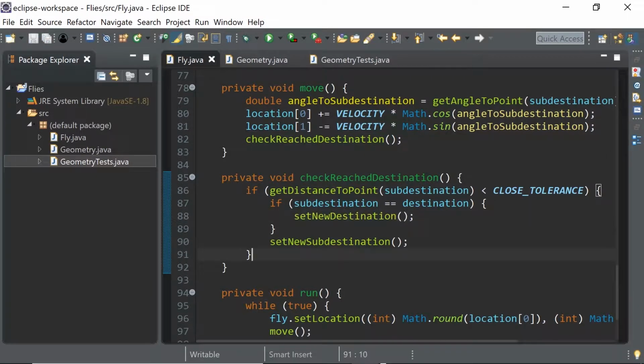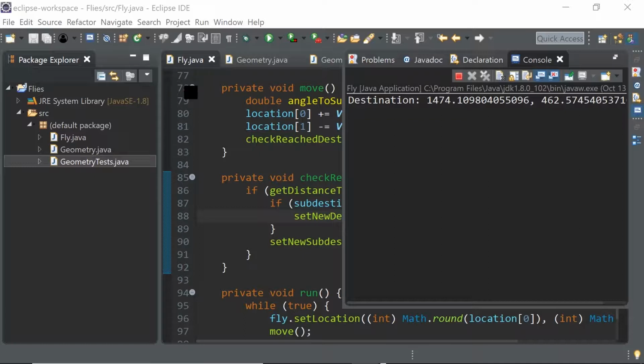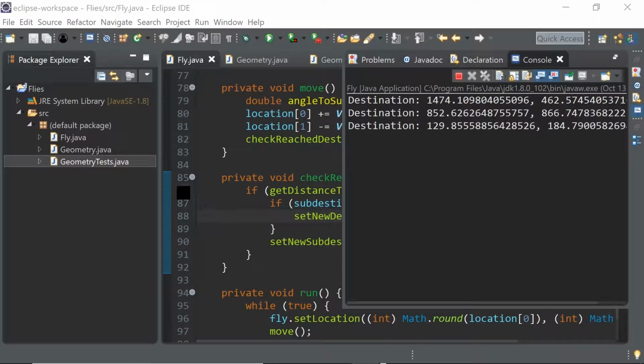Okay, so to recap, fly towards the sub-destination instead of the destination, and check that we've reached the sub-destination instead of if we've reached the destination. So let's see if this works. Yeah, it looks like it does. So we haven't actually reached the destination yet, but the fly is still taking little mini trips on its way